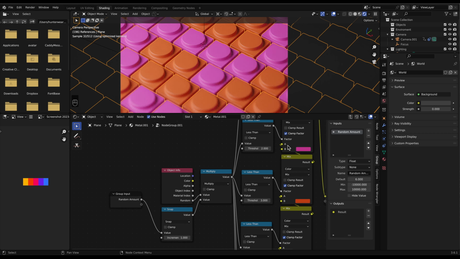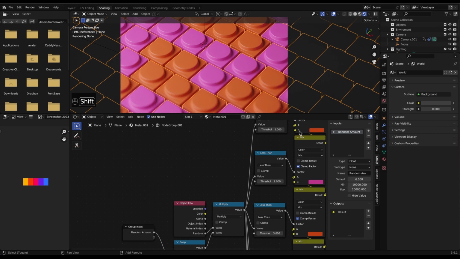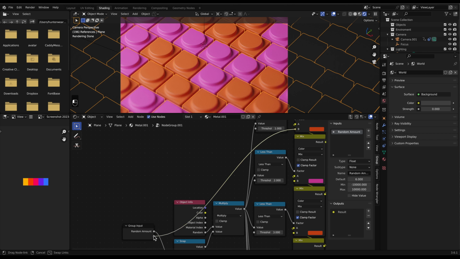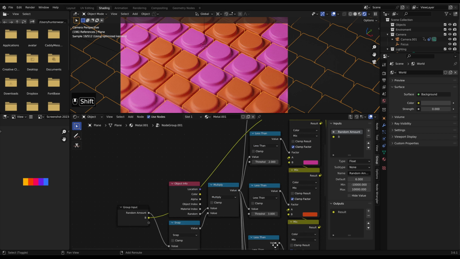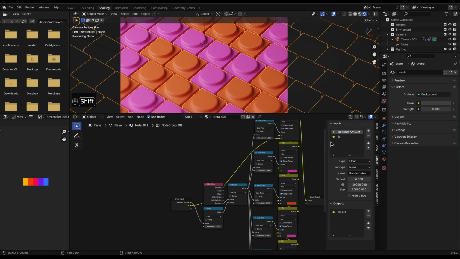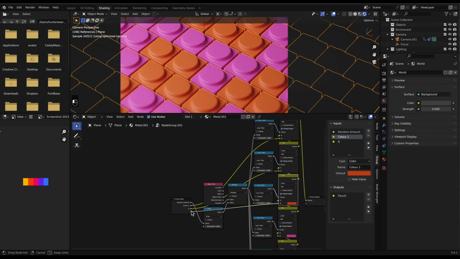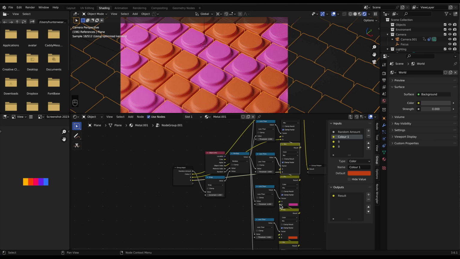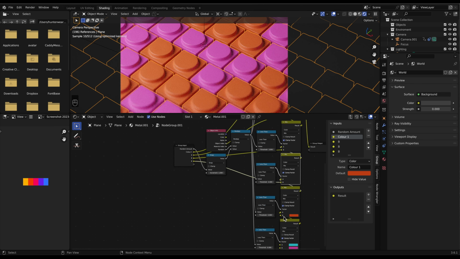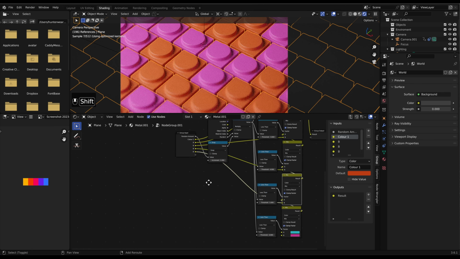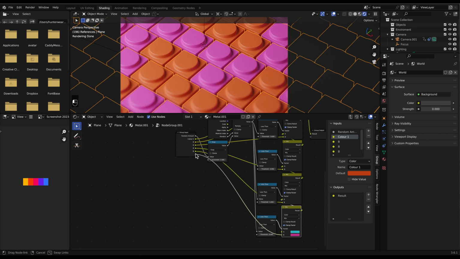And then also what we can do is plug all the colors into this slot. So we can go color 1. And then we can rename all this.